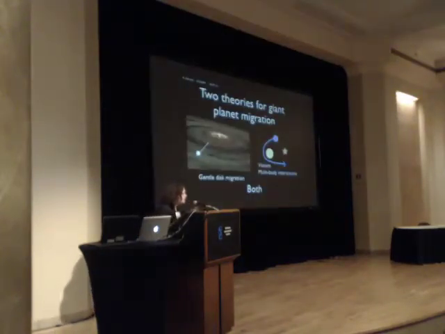So I had said there are two theories for giant planet migration that we're trying to distinguish between. And the answer that we're drawing from these studies is that maybe both of them are happening. And in fact, not just maybe, but both need to be happening. At first, when I started this, I was suspicious. I thought it's quite unlikely that you'd have two different mechanisms happening with the same frequency. But actually, it's looking like we really do need two different mechanisms to explain the observed orbital distribution of the